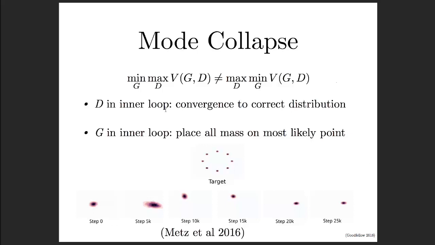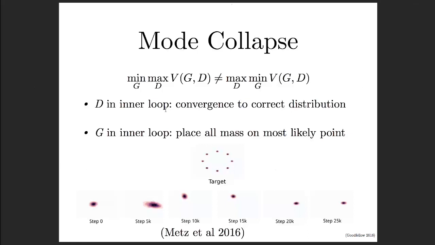If we put G in the inner loop, that actually corresponds to a pathological version of the game where the generator learns to place all of its mass on the single point that the discriminator currently finds to be most likely. So Luke Metz and his collaborators produced a really nice visualization of this in their recent paper submitted to ICLR,